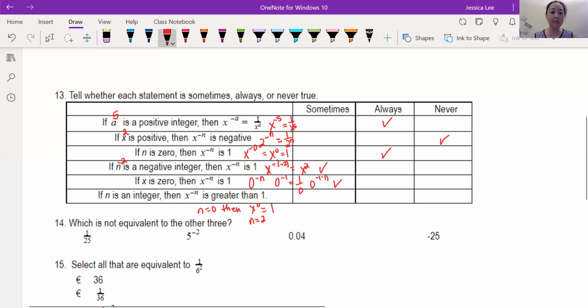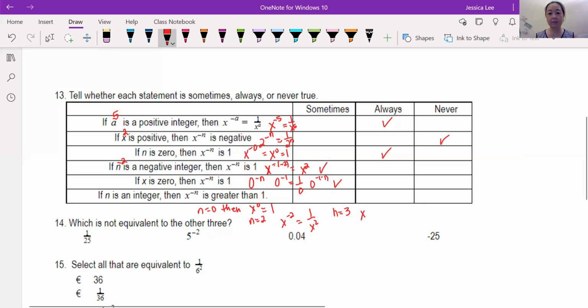And so here's n, and let's try this out. So this is going to be x to the negative 2. Well, I guess it depends on what this x is, because we know that this would be 1 over x squared. This doesn't say anything about x. If x is a negative number, then it'll still be positive. That's true. But I'm trying to find counterexamples here, right? What if n was 3? Okay, so if n is 3,